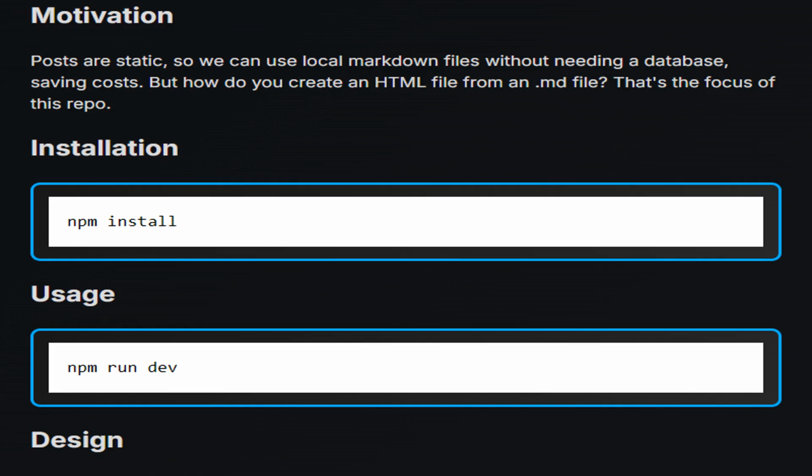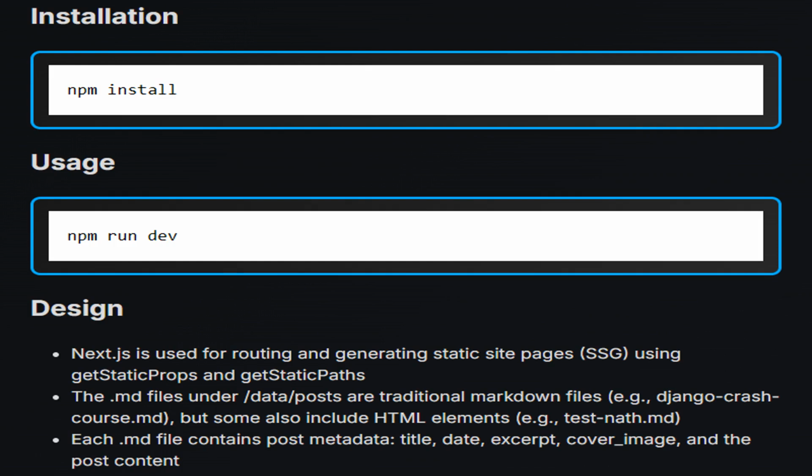The blog post discusses the benefits of using local Markdown files for static posts instead of a database, which can help reduce costs. It emphasizes the primary task of the repository, which is to convert Markdown .md files into HTML files. The text simply states the command npm install, which is used in Node.js projects to install all the dependencies